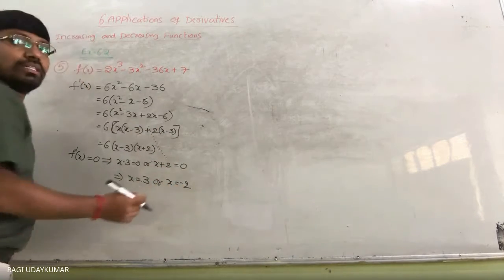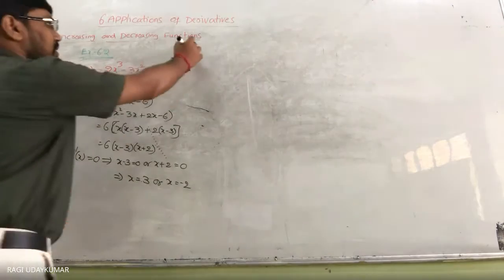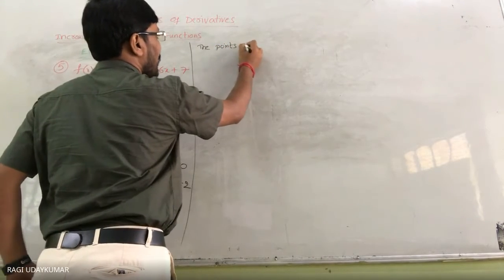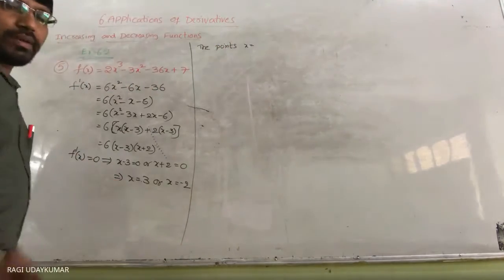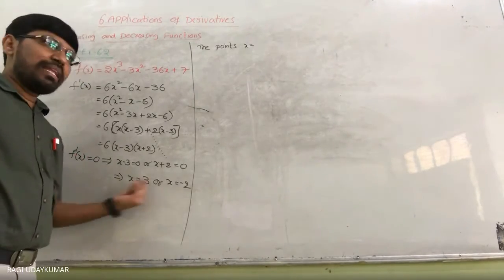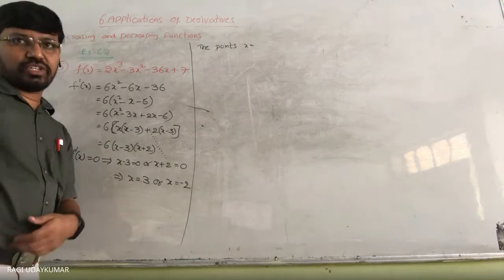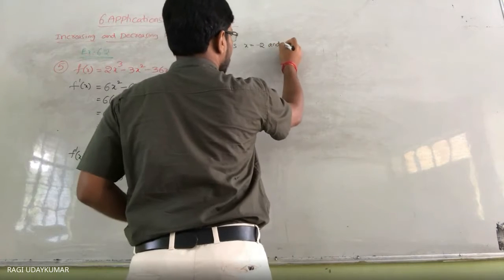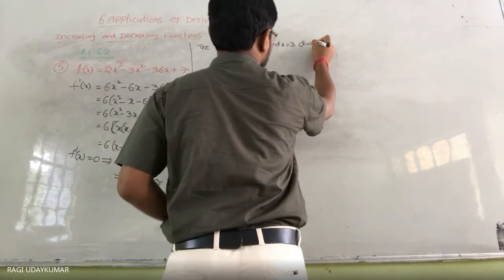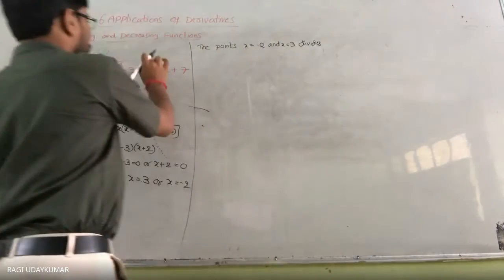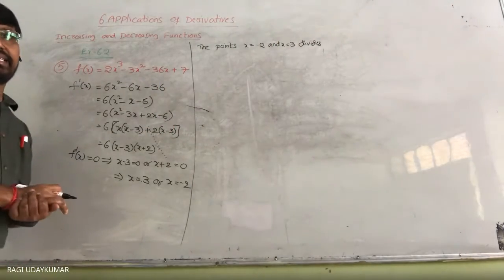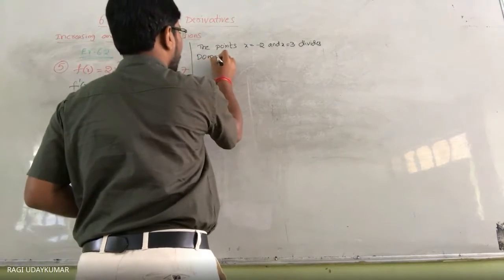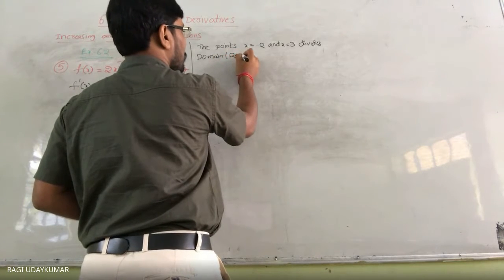These 2 points. First, x is equal to minus 2, please be careful here. Whichever number is lesser, better you mention it first. Minus 2 is the first you are going to get. So x equal to minus 2 and x equal to 3 divide the domain. What is the domain of this function? They divide the domain, that is here in this case the real numbers, the real line,